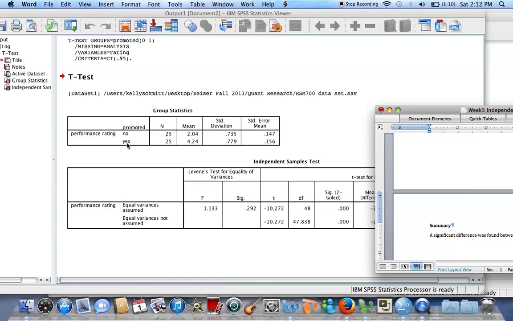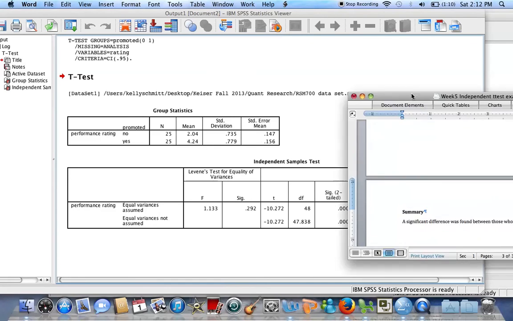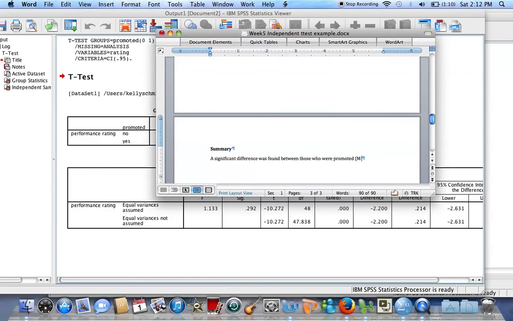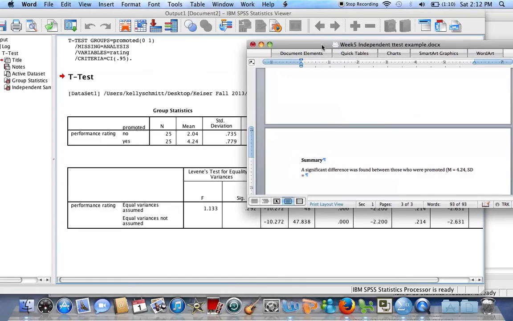Let's see, performance rating for those who were promoted was mean equals 4.24, standard deviation equals 0.779, n equals 25,